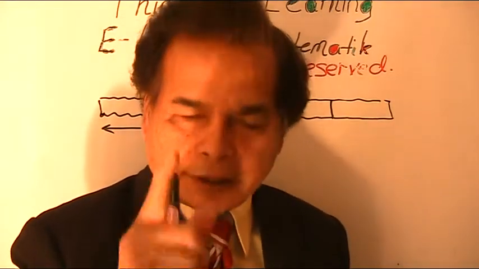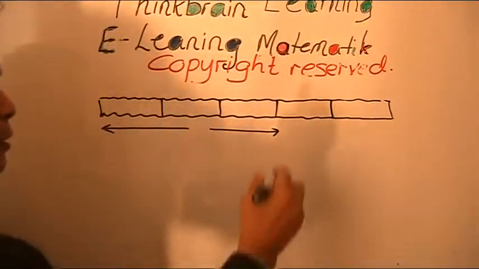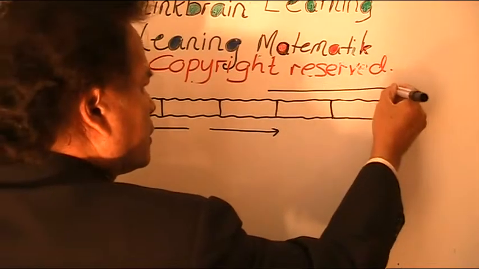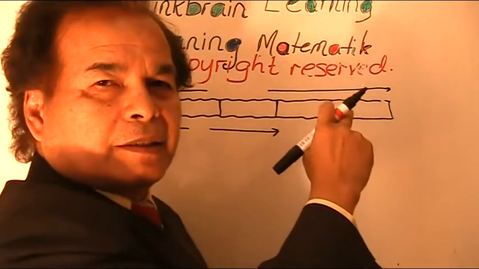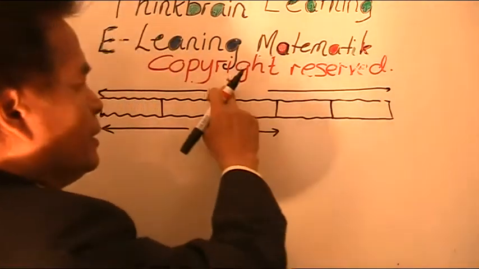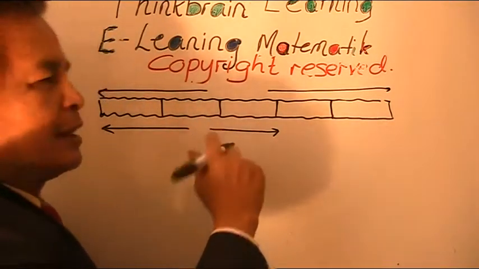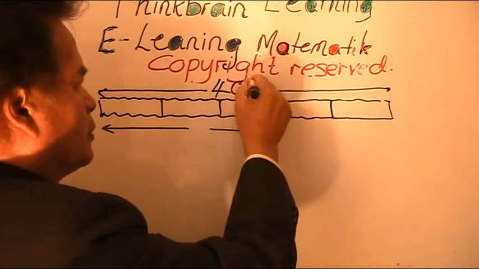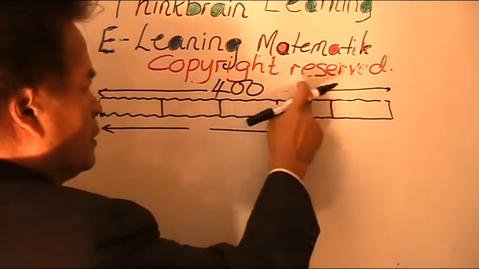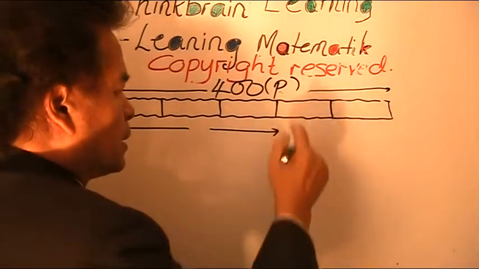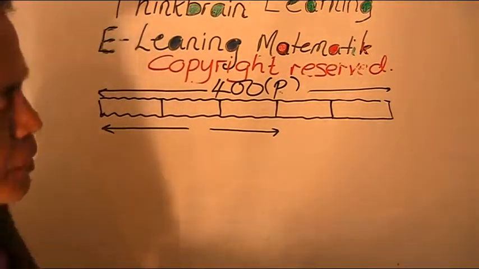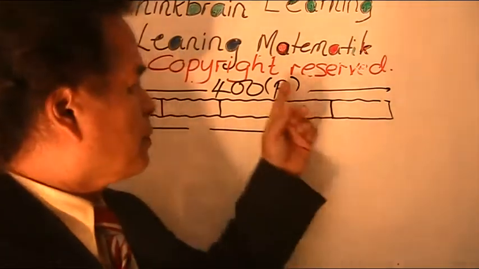Yeah. Right, very good. All from here to here. What should I put here? Apa yang patut saya buat sini? Yes, 400. 400 pupils, you can put pupils if you want. Pupil, or just put P. P stands for pupil, right? Ataupun pelajar, P pelajar, P pupils. Asalkan faham apa kamu buat. Okay?